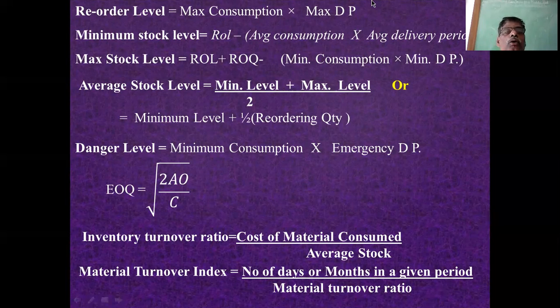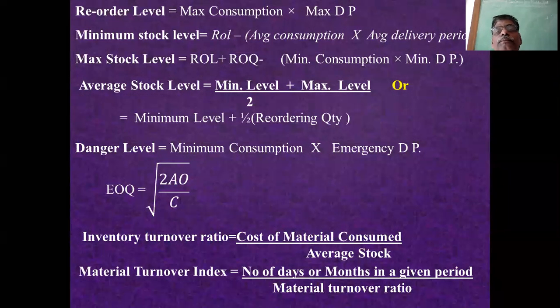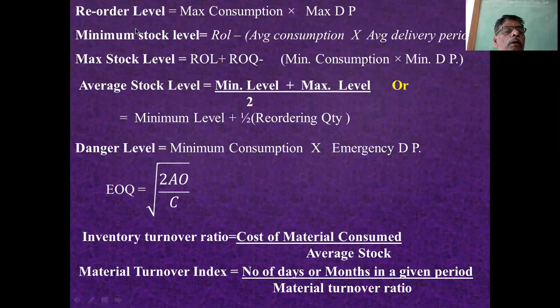First equation, you have to calculate reorder level. Reorder level is equal to maximum consumption into maximum delivery period. This is the first and important equation. If reorder level is not possible to calculate, then you will not go ahead. Therefore, first you calculate reorder level, then you calculate